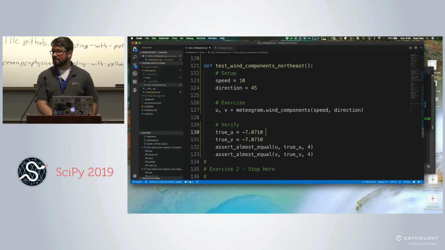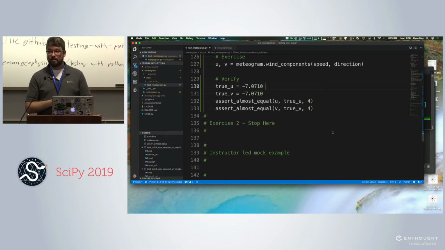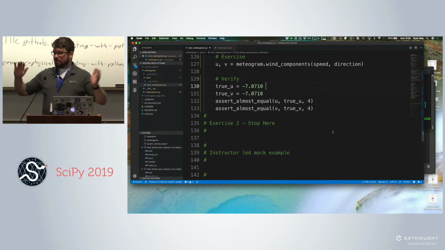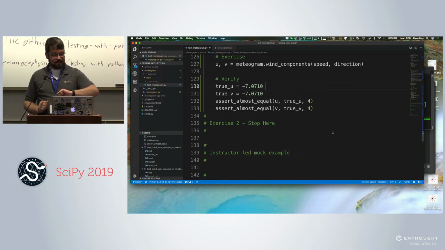Other questions? Okay, so there's a lot of testing philosophy and things that we'll go over. And we will also look at doing some array comparisons and trying to clean this up a little bit right after the break. But I would encourage everybody to get up, go outside, get some coffee, stretch your legs. We'll come back at 10 past the hour on the dot. Thanks.